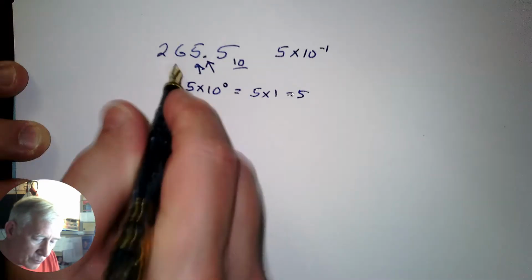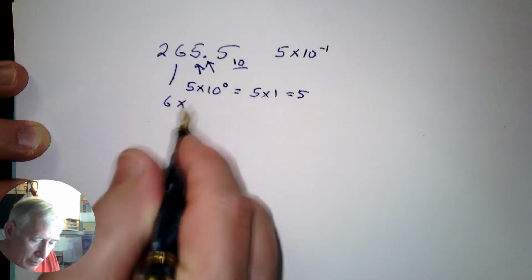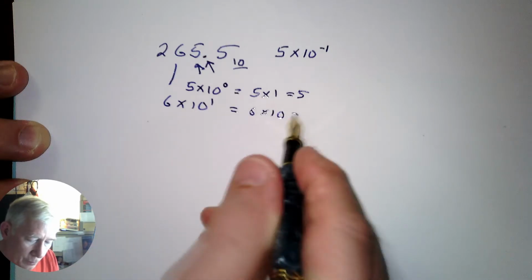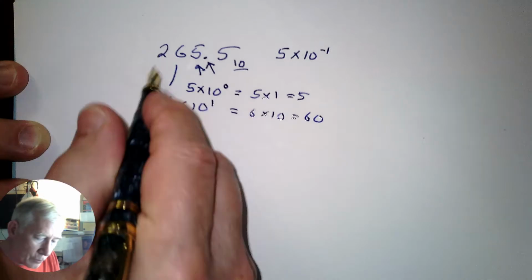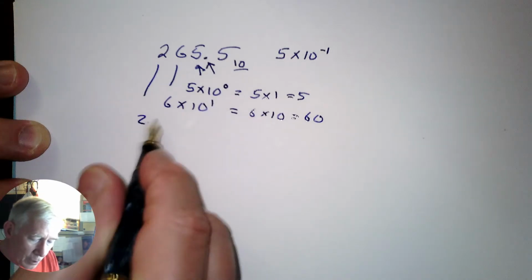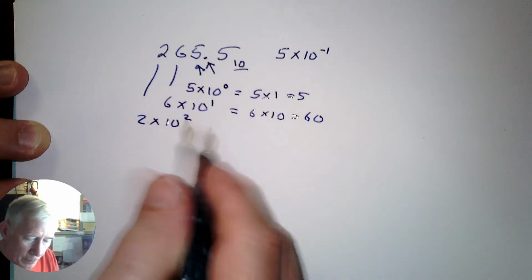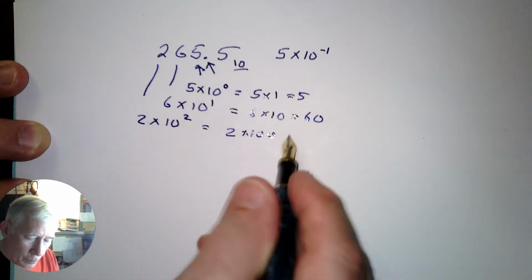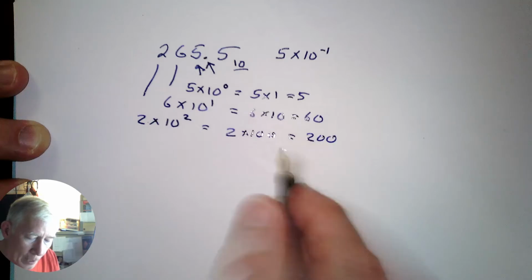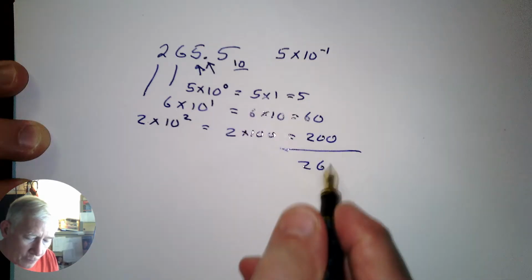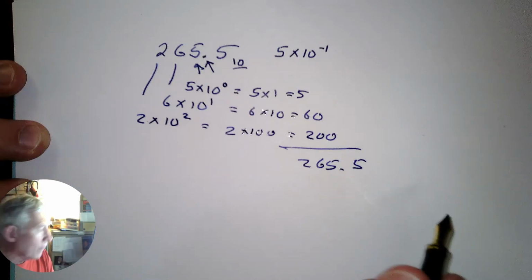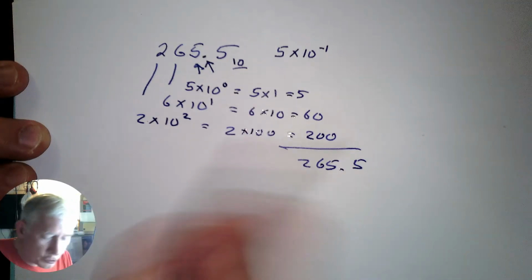And you know that this 6 is 6 times 10 to the first, which equals 60. And you know that the 2 is 2 times 10 to the second, which equals 2 times 100, which equals 200. So when you add all that up, you get 265.5. That's how this works. Now, you just know this instinctively,